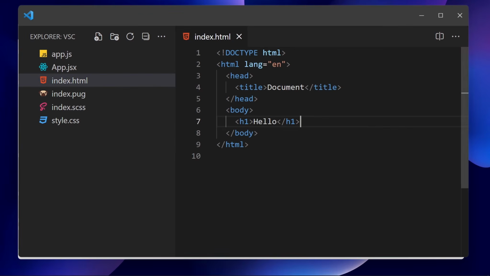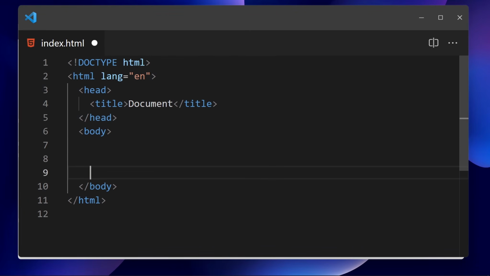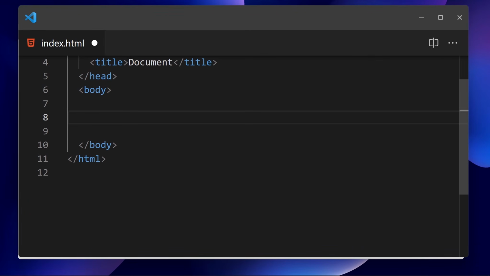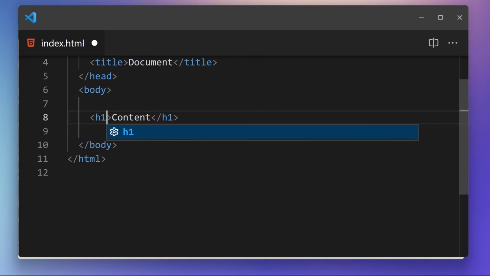I'm going to go to my index.html file. Let me just zoom in, and I'm going to remove this h1 from here. So let's suppose we have some sort of a div right here, and then we have some content inside that div. And now later, if I want to change this one to something else, so I don't have to do it 2 times, I'm going to just write h1, and here you can see it will just auto